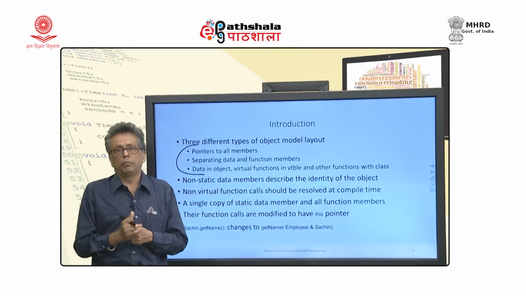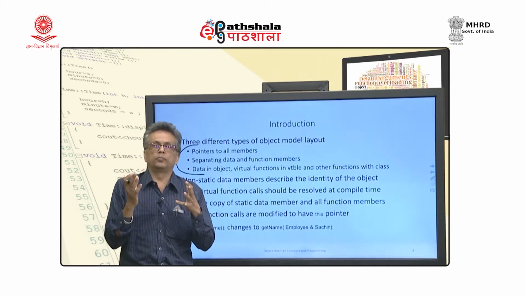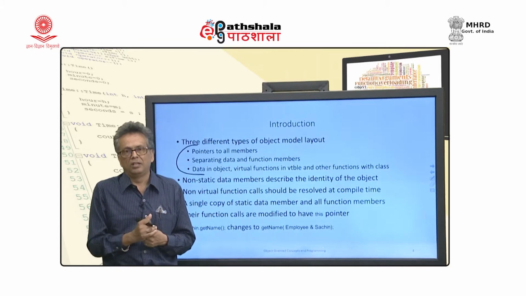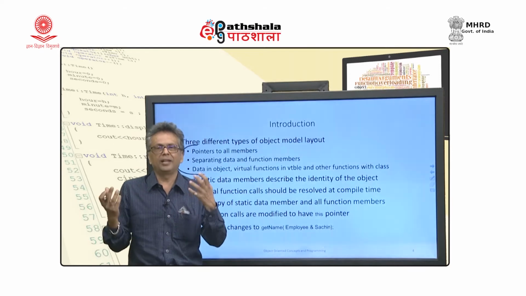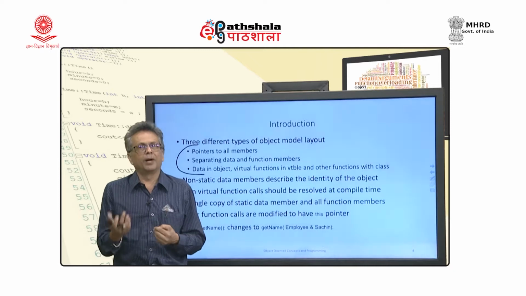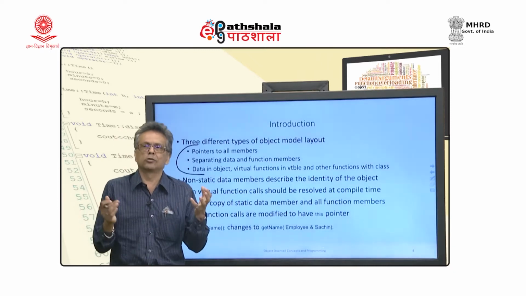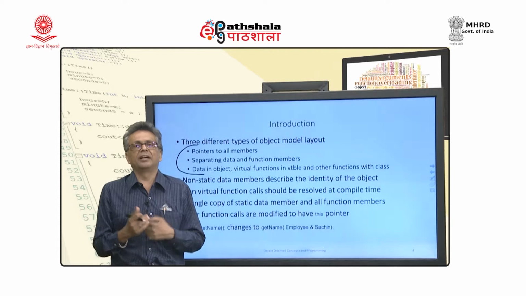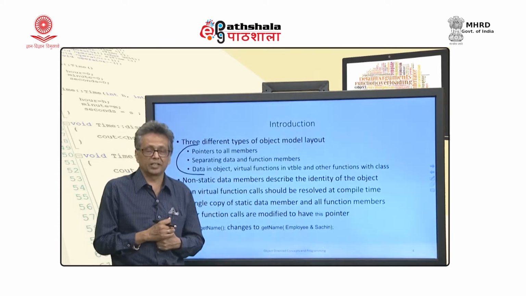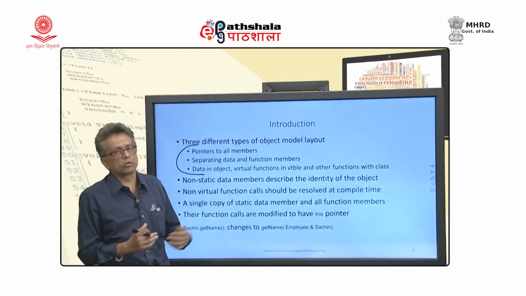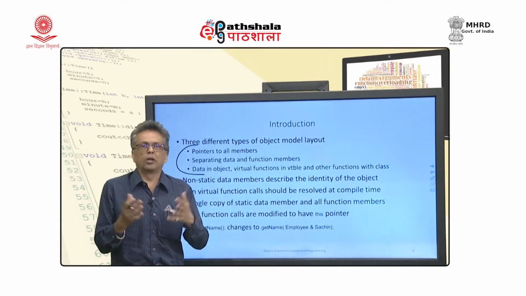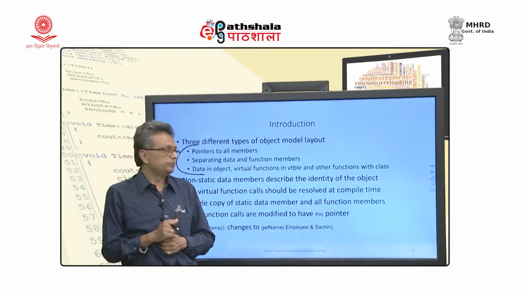This is a good thing, because data is separate for every object. For example, roll number is there for every student. Every individual object demands that data member, but then display marks is common for all students. It should not be stored with every object, it is an additional overhead which is not needed. You can keep a single copy of it. That is what we do in our next version, but then this is also not efficient. Then we will see the final version, which almost all compilers use.